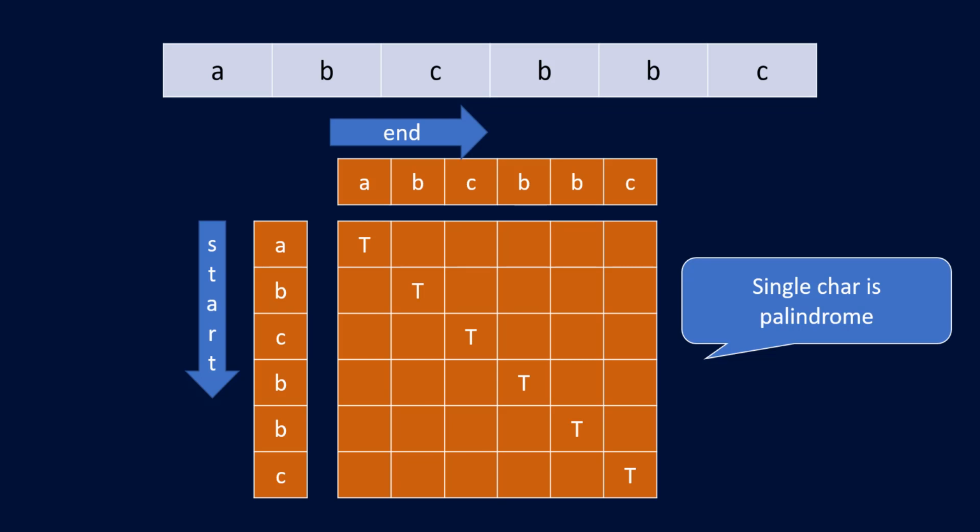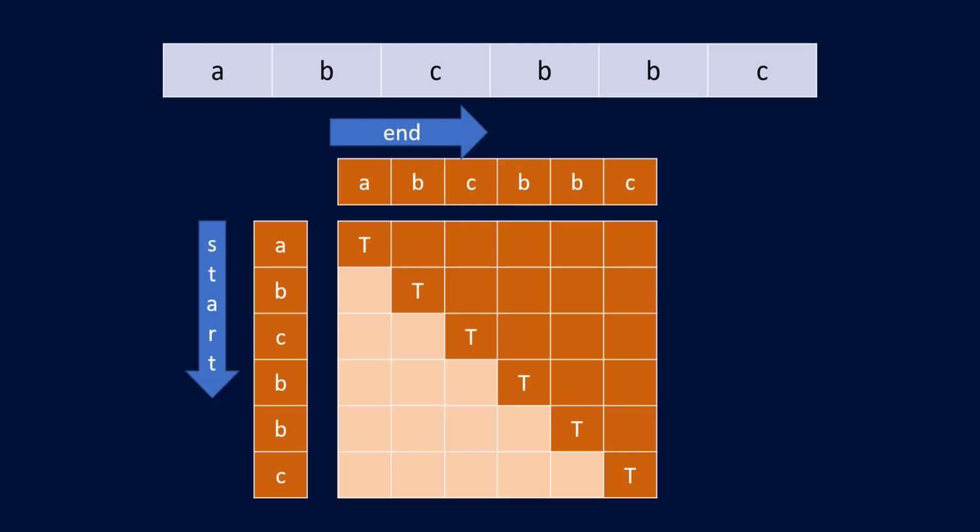The second base case is for the string of length 2, wherein you will be taking into account whether both those characters are equal or not. Before that, are we going to consider this particular area? Let's see, starting from the first index and ending at the 0th index. Is that string possible? No. We are going to go from left to right, not from right to left. So that is not possible, and so these cells would be of no use to us.